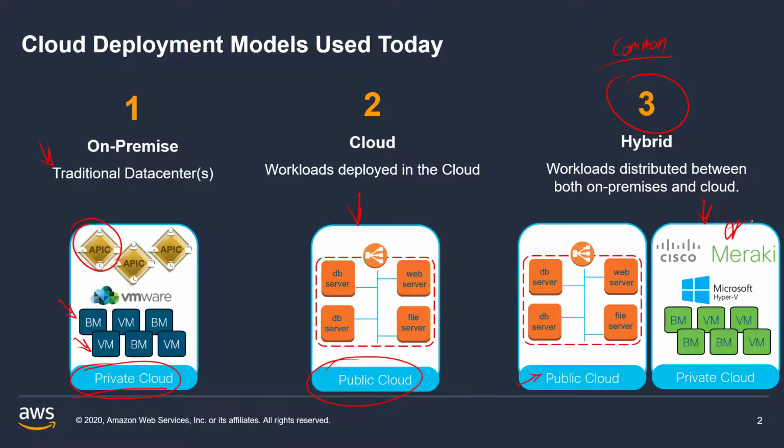this hybrid model, what's going to happen is essentially you'd have some kind of VPN. Typically, this is what I see, where you have some type of VPN connection between your cloud deployment, within your VPC in AWS and within your on-prem workloads, so that your bare metal, let's say your bare metal database servers that maybe you have on-prem can still reach that web server or vice versa. So this is the deployment model that I see most often, where you still have your private cloud that you're